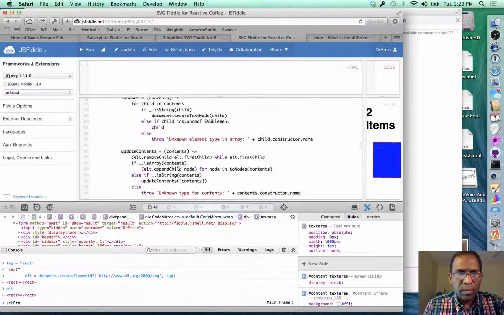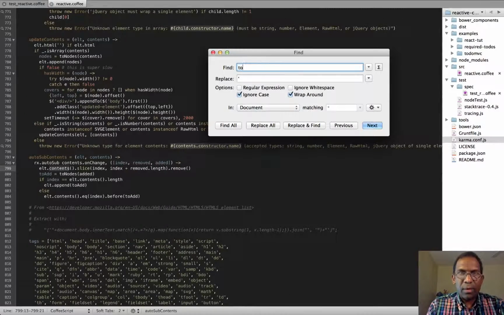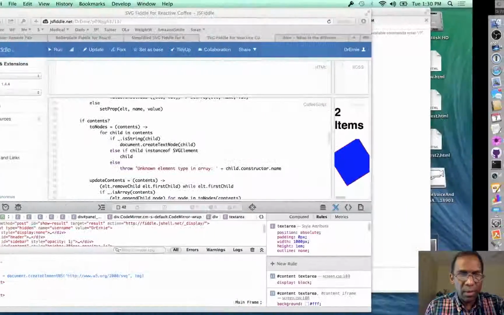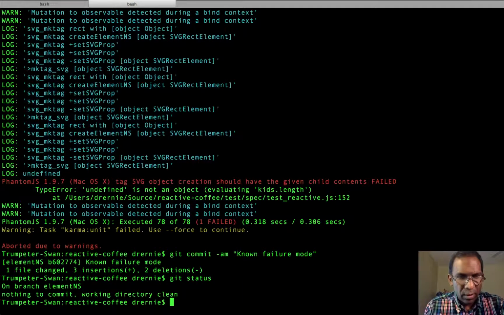So let's just walk through this one step at a time. And okay, so where are we? What was our last git commit? Okay, we're in no failure mode. Okay, I think what we want to do. Let's talk about this. Okay, we have one failing test, which is failing because we don't even give it a